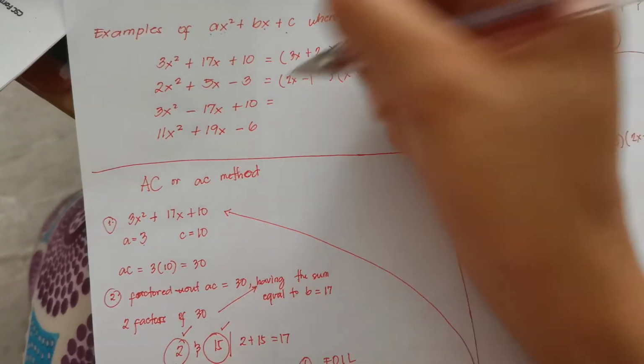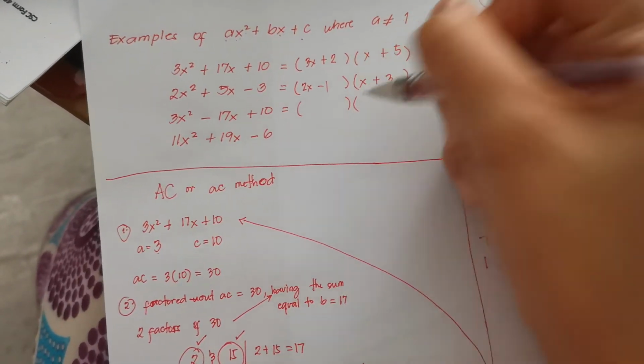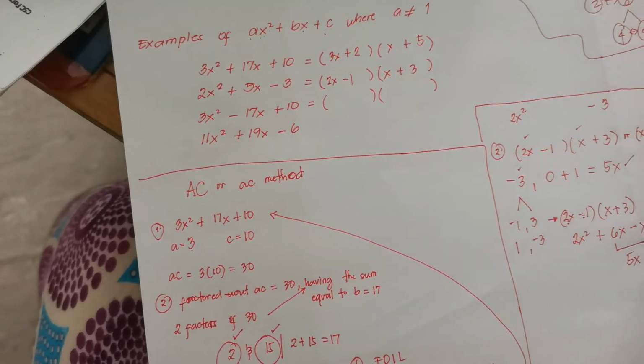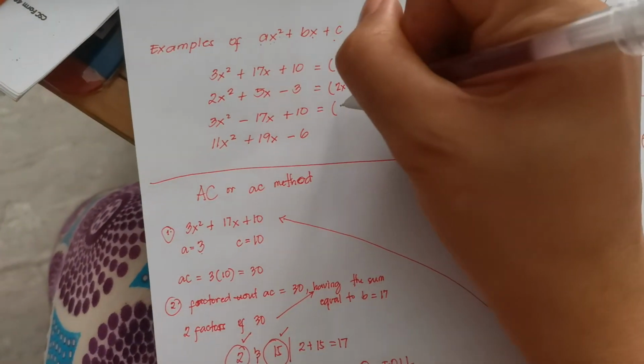How about for number 3? So, si 3x, you can use also the trial and error method. Pwede nyo na magamit. So, 3x